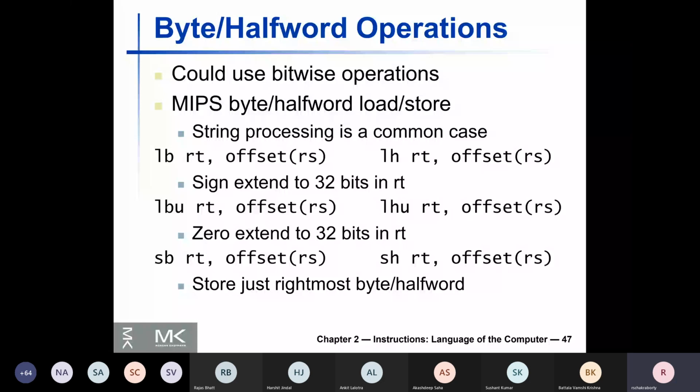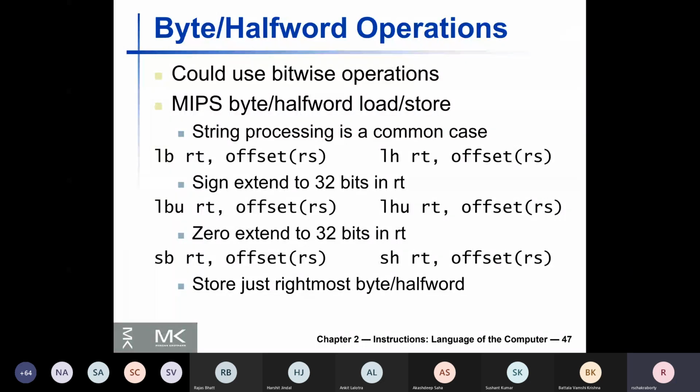Okay, what it means is that 24 other positions if you are loading a byte, or 16 other positions if you are loading a half word. Half word is through the instruction LH, and the byte loading is through the instruction LB. What happens to the other positions in the register where the value is being loaded from memory?